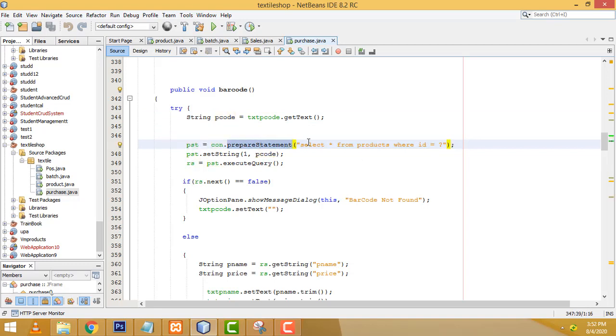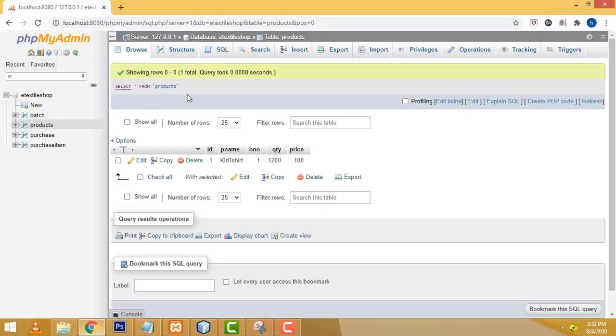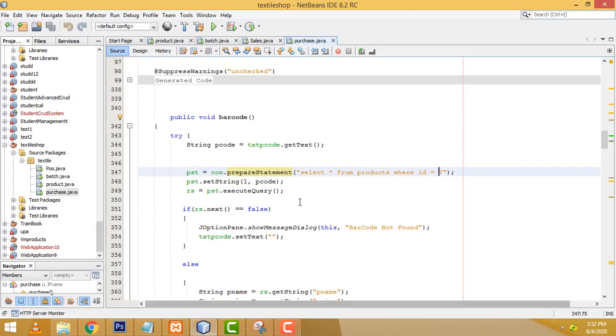In the prepare statement, we write a simple query: select all from product table where id equals this id. If you enter the id in this text box, this variable is put here.